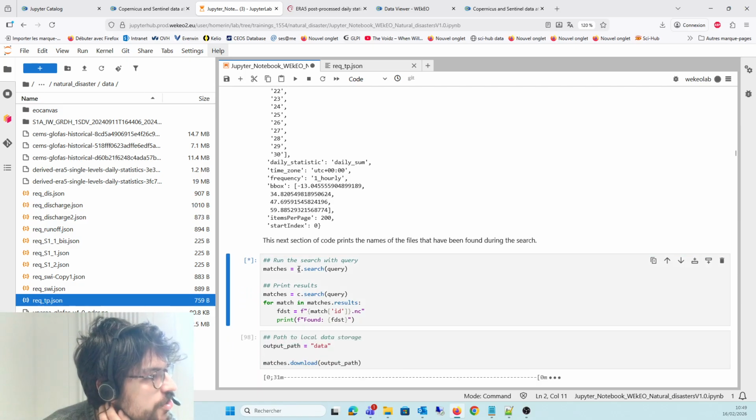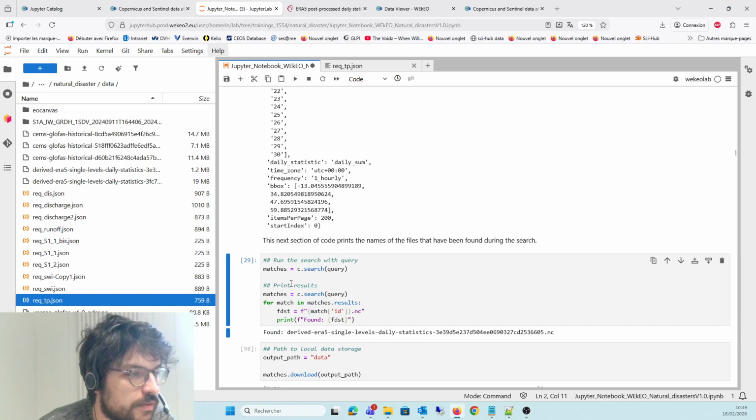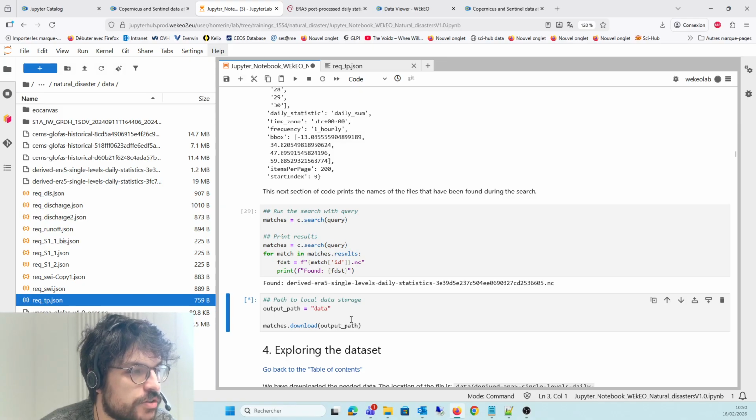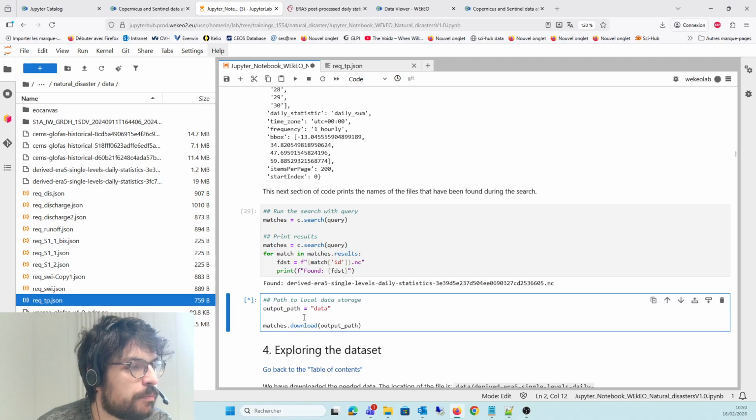So yes, now launching this search here, you can see that I have found indeed a file, which is in NetCDF format, and finally you can launch the download of the file. The time it takes depends on the dataset and how well the WEkEO platform can access the corresponding catalog. But here you just need to wait a little bit to have access to the data.